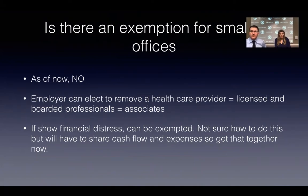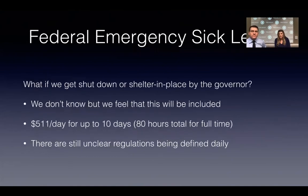Maximum amount currently is $511 per day, up to 10 days for a full-time employee, up to 80 hours. So what it looks like, roughly $5,000 for every full-time employee might be something we have to look at. And that answer is currently...